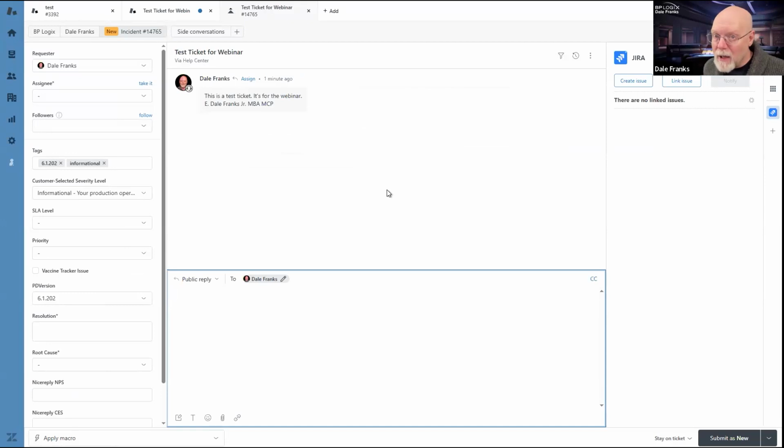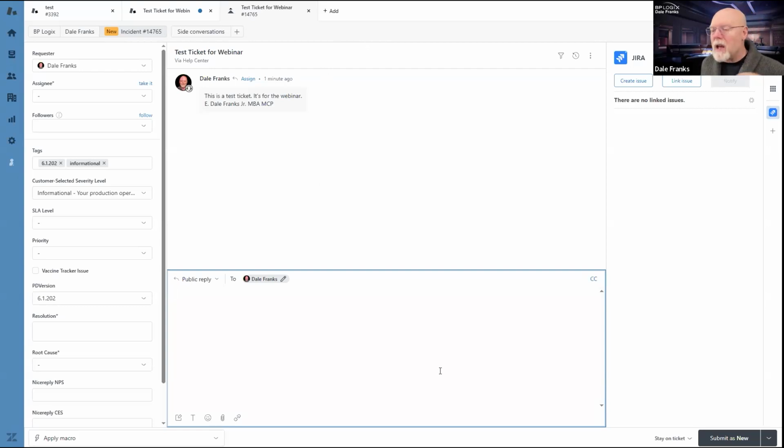When that SLA timer runs out, Zendesk is going to start sending out notifications that I'm slacking and that I'm not meeting my SLA requirements. So we occasionally get people who say, I don't want to see this ticket in my queue, can you hold the ticket in your queue? No, we cannot.